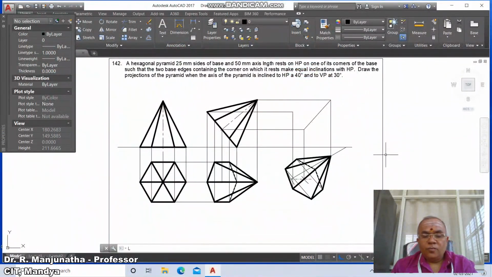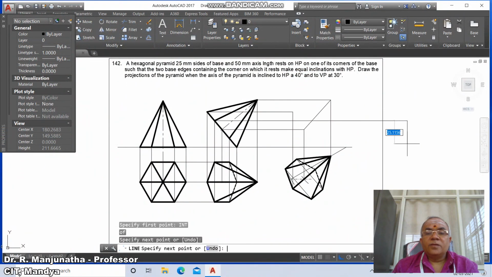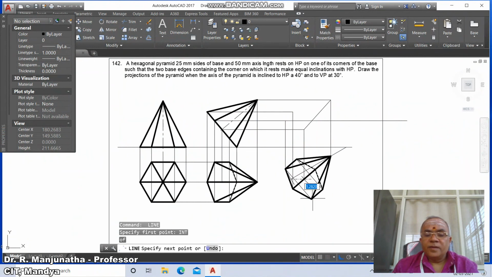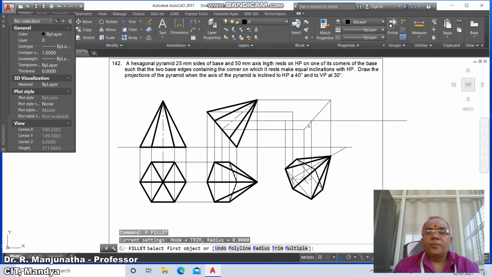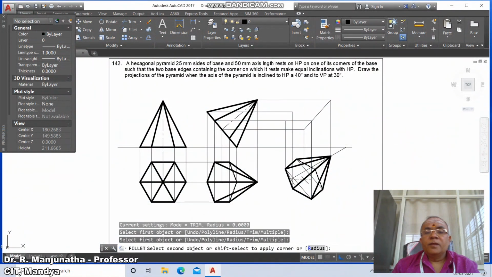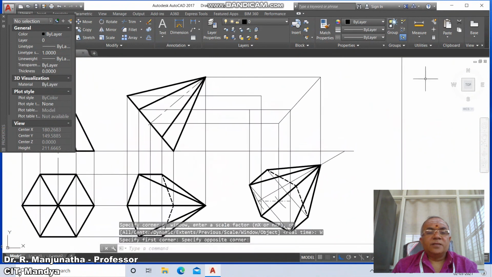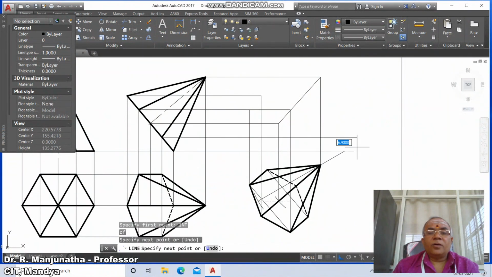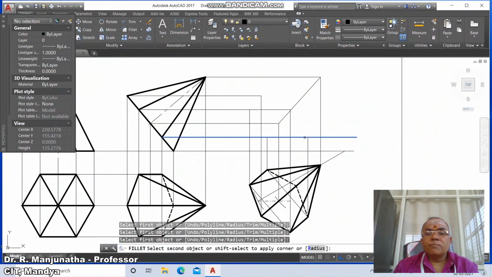Now again you go for line, take the intersection point of this, these two lines are from this point perpendicular to this, and similarly line, intersection point of this and draw perpendicular to this, then go to fillet between these two. Then go to zoom window, select this, then you come down to line, take the intersection point of this and draw a horizontal line, then go to line, take the intersection of this and take perpendicular to this, then go to line, take the intersection point of this and draw perpendicular to this, then go to fillet between these two, then go to